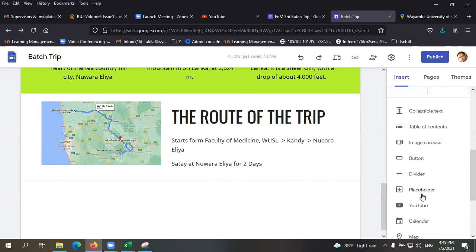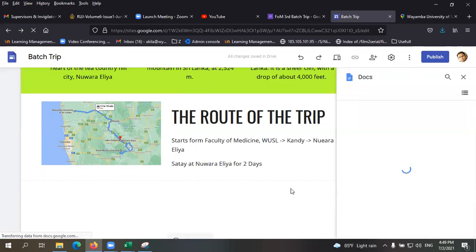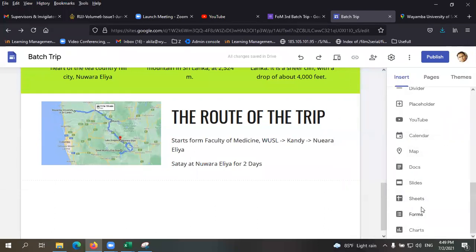If you wish to add a video, that is also possible. You can just click video and upload a YouTube video. So I'm not going to do that. And again, you can add doc, slide, sheets, everything. These are links, right? If you have Google Doc to share, for example, if you're going to add more options or more detail in Google Doc, so you can just click here and you can link the Google Doc to your website. So if you have a Google Sheet or a presentation, slides, you can link them also, right?